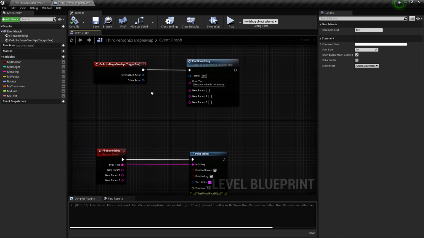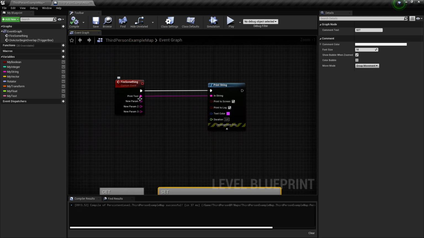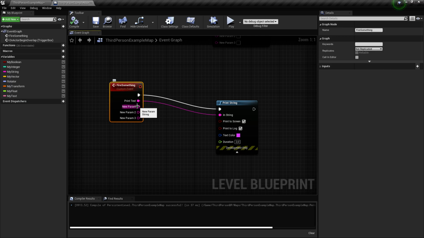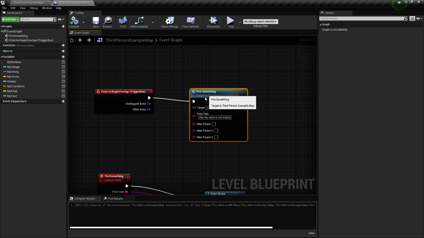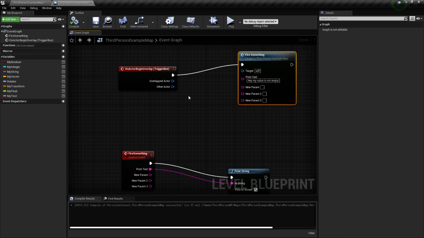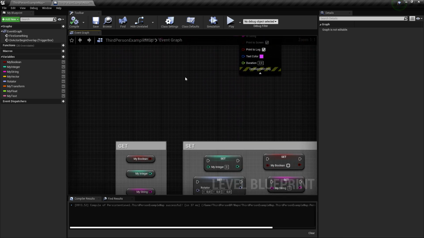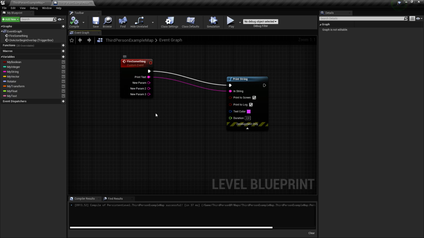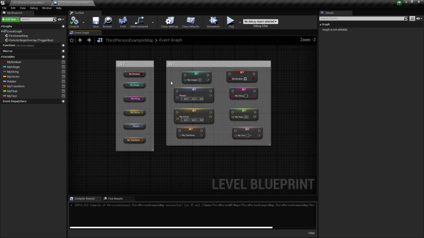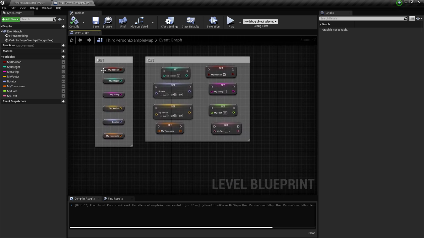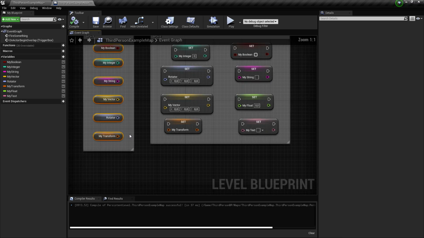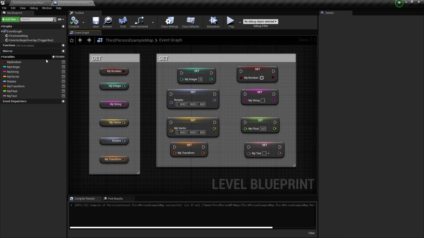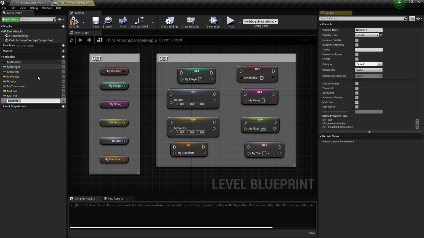Right, so as we saw in the previous video, this little colored pin here is here to share some data between functions. Okay, so we could promote this to variable. When I get in here, this is all my little variable nodes that I created. To create a variable, you just have to click on the little plus in here.